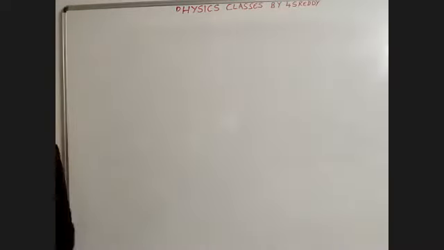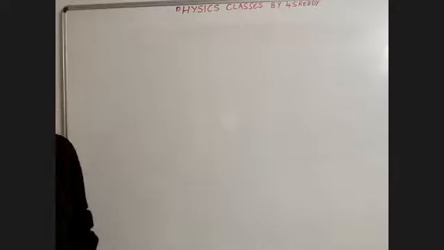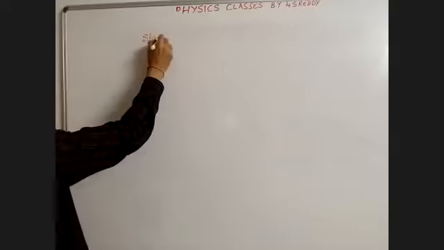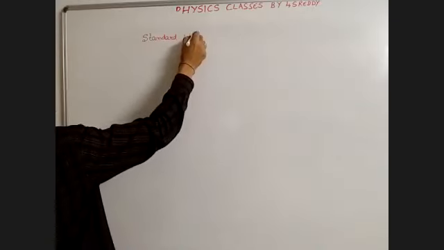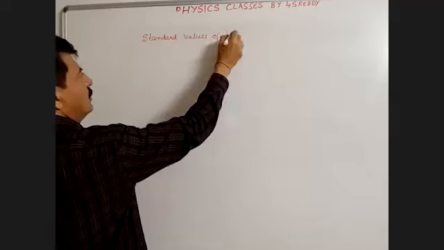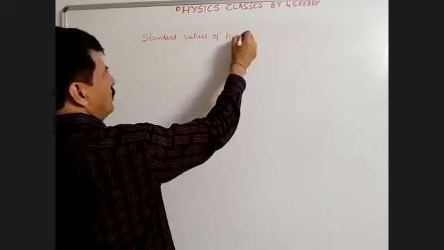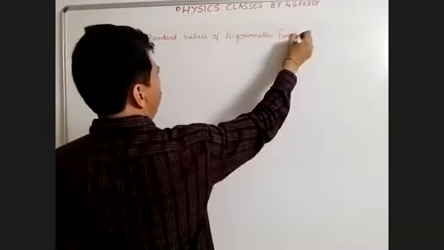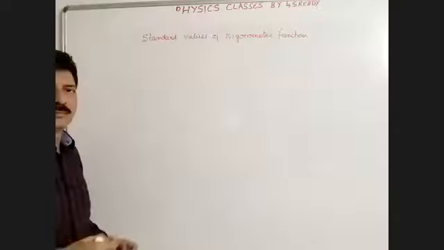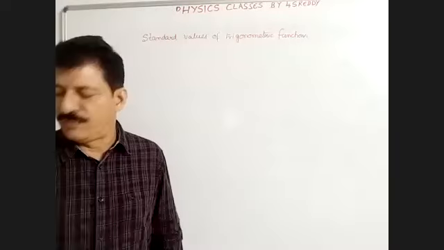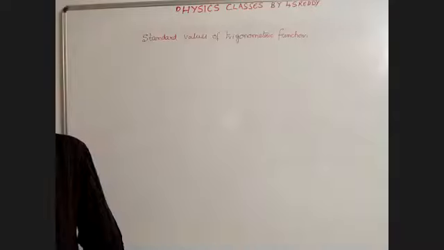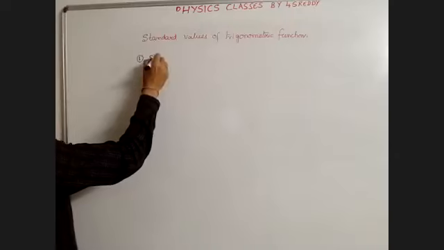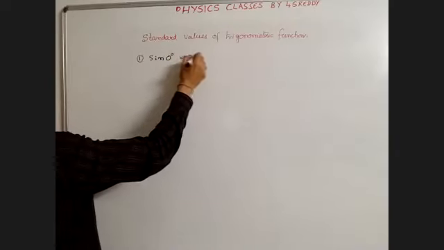Now, once you got the idea of this, there are some standard values. Now, stating standard values of trigonometric functions. In that, we can take first one for sine 0 degree, sine 0, 0,